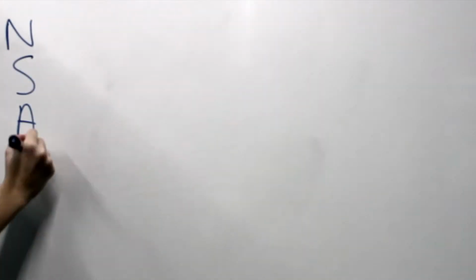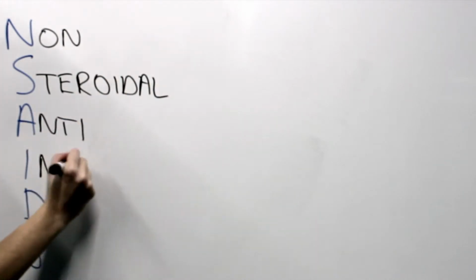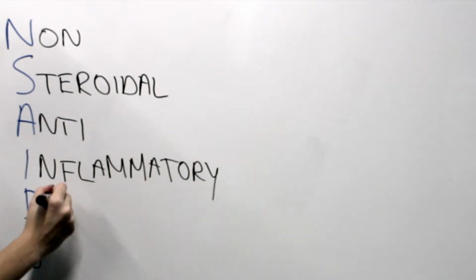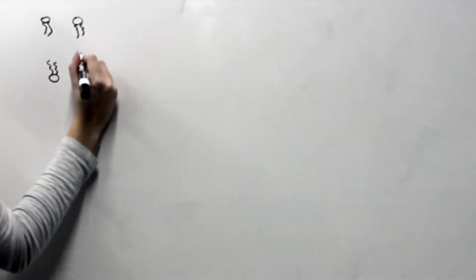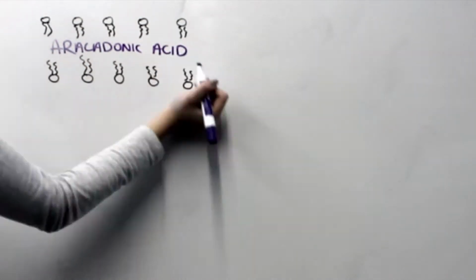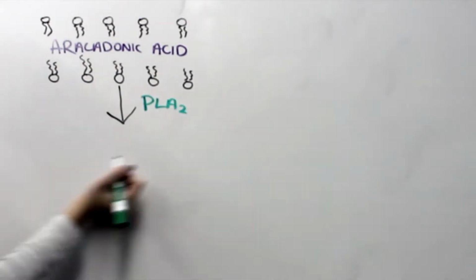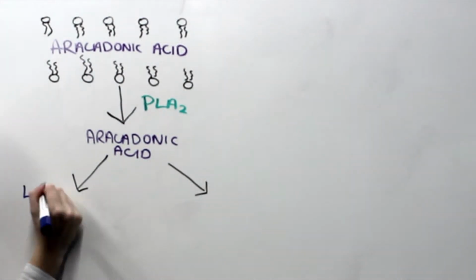In this video, we'll be talking about NSAIDs. NSAIDs is actually an acronym for a class of drugs called non-steroidal anti-inflammatory drugs. To understand how NSAIDs work, we first need to understand the pathway which they act on, which is the arachidonic acid pathway. Arachidonic acid starts off bound in the membrane and is converted to free arachidonic acid by the enzyme